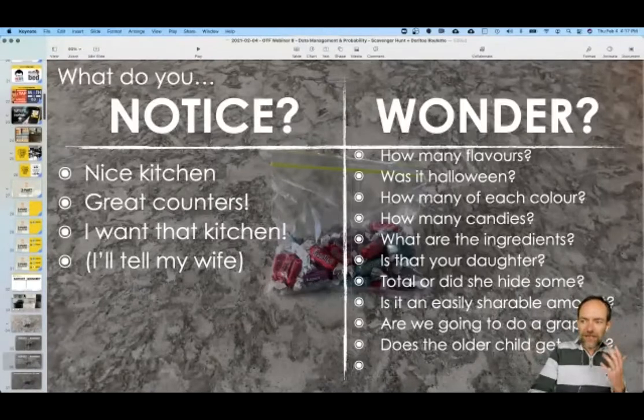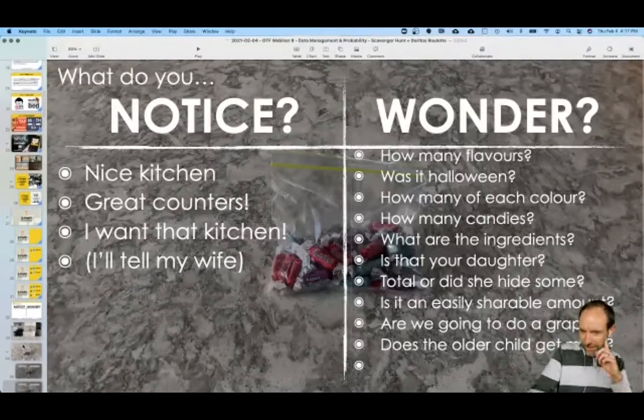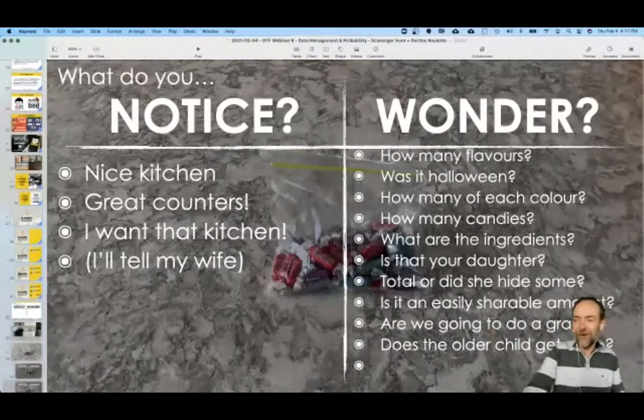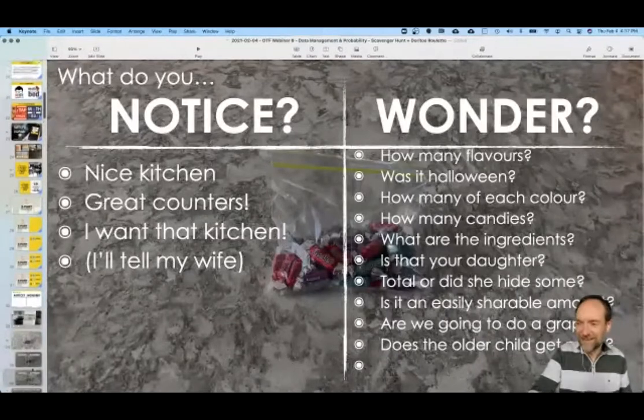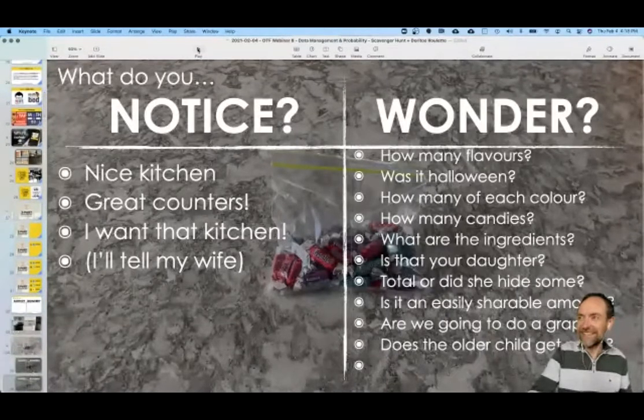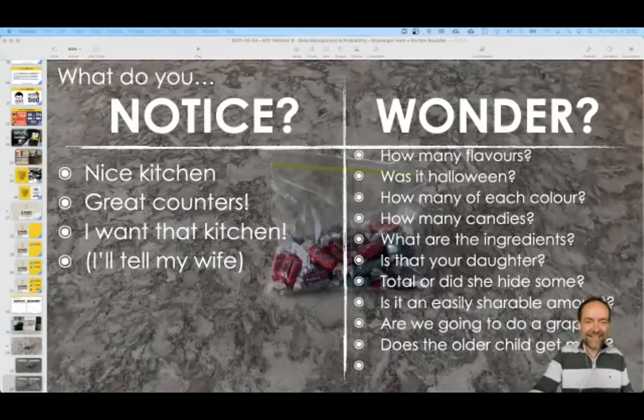So lots of really good stuff. Do we get to eat the candy? Yes, exactly. We're going to send it out over Zoom. It's actually Michelle who's going to be mailing them out, right? It's 4D Zoom. Kids would be wondering if we get to eat the candy. Yeah, that's what kids are going to say. Did you bring us some? Exactly.